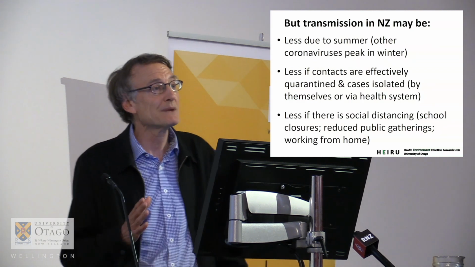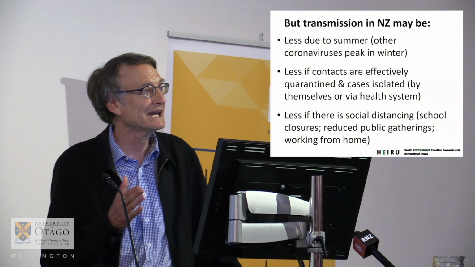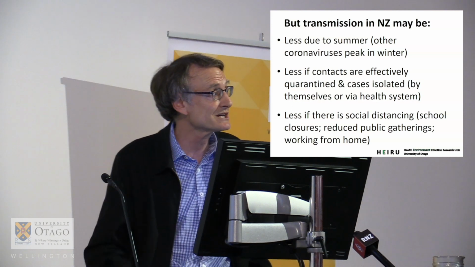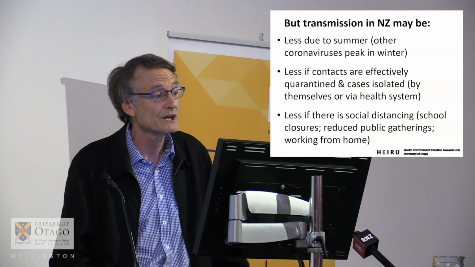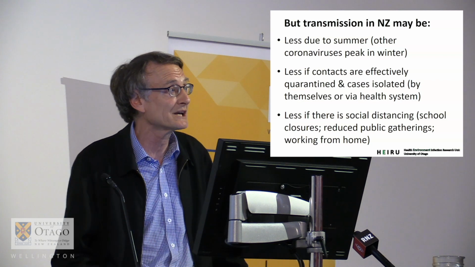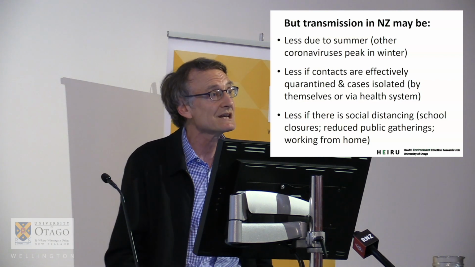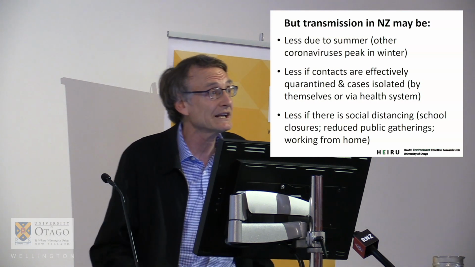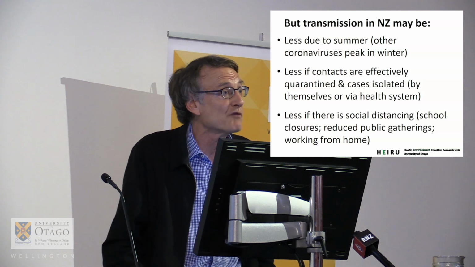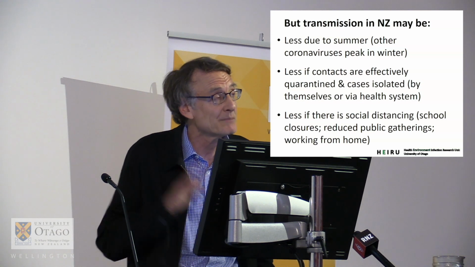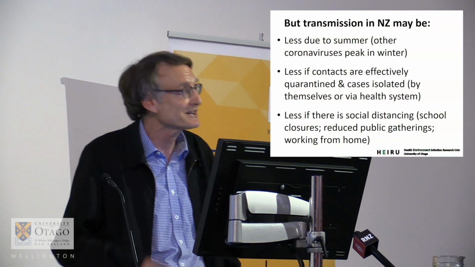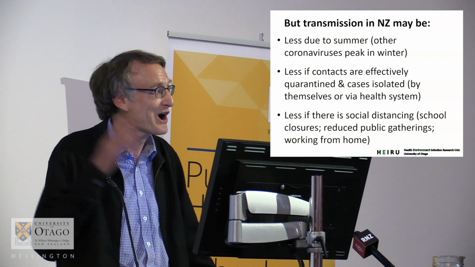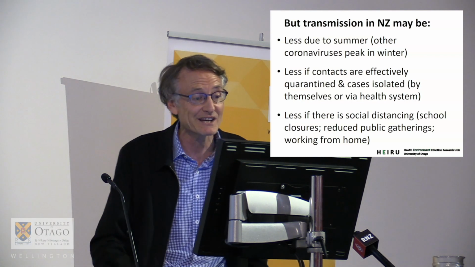And in fact, New Zealand might be particularly lucky by it being summer here, because we know coronaviruses, of which many others exist, and some cause the common cold, they really do definitely peak in winter. So transmission of these is much less in summer. So we could be lucky, and that could really help us avoid this epidemic being established here. Though the downside is if we delay successful arrival and it arrives in winter, then it may take off actually